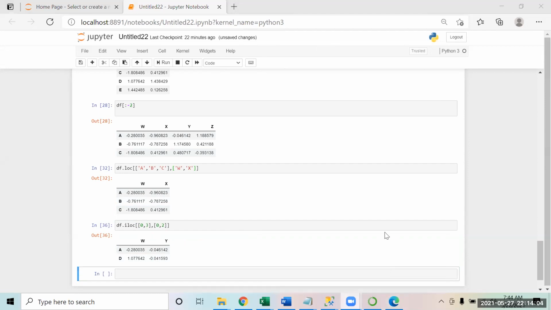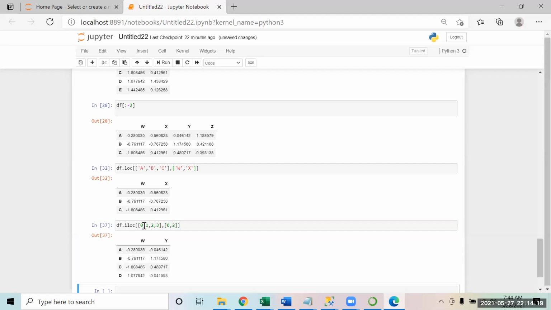You just put these two over here. So if you write 0, 1, 2, 3, then we'll get what we want. So if I write 0, comma, 1, comma, 2, comma, 3, it will give you all these. A, B, C. You get all of them. I'll just check this out once. So what's going on in this?